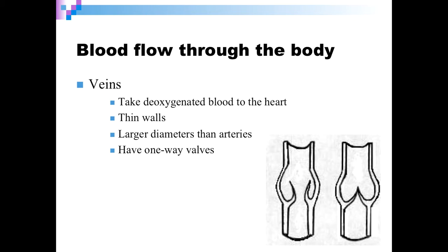So veins, if you remember, in textbooks are blue. They're full of deoxygenated blood and they're headed back to the heart, right? They're very thin in comparison to arteries, and they have valves which try to reduce backward blood flow. When those valves are weak or broken, for lack of a better term, that's how people get varicose veins. So again, if you don't know what a varicose vein is, go ahead and Google it. It can be kind of unsightly. It's not necessarily bad for your health, but they can make